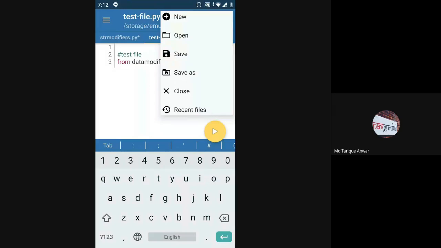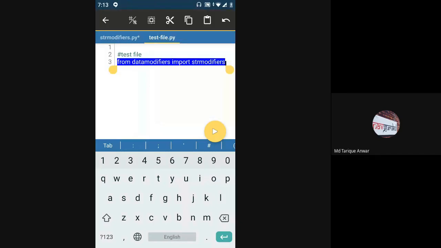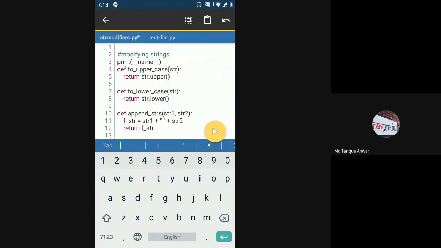As we discussed before, whenever this import statement gets executed, whatever is present in str modifiers will get executed first. Whatever code is present in this file will get executed whenever import is executed along with that file name. So at line number 3, where import str modifiers is written, the whole file will get executed, and we have this print statement over here. So when str modifiers gets imported, print name will first get executed.